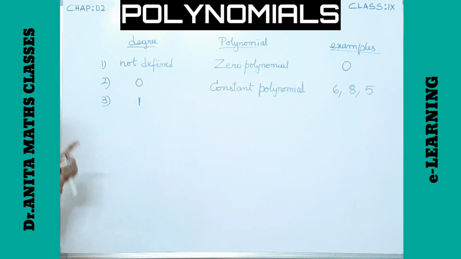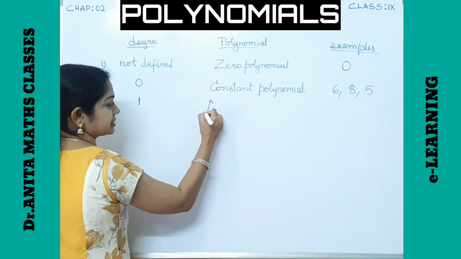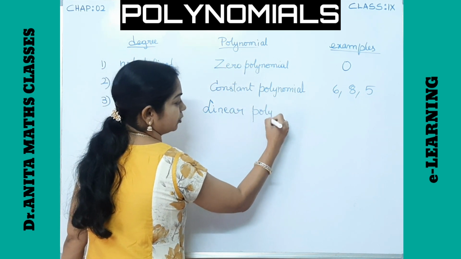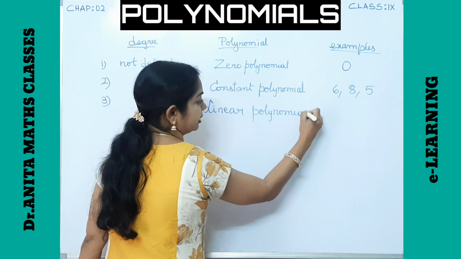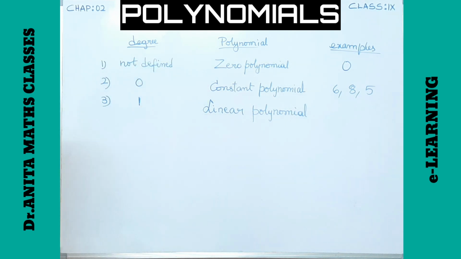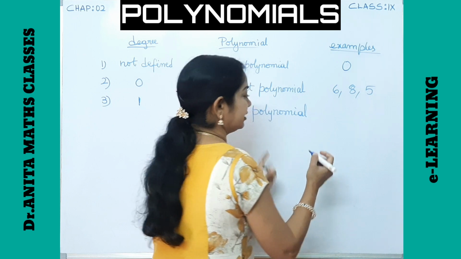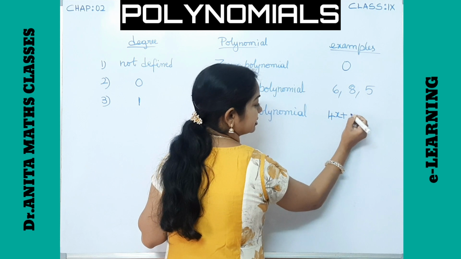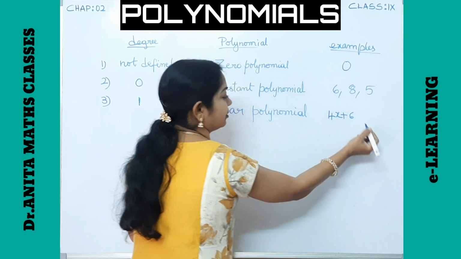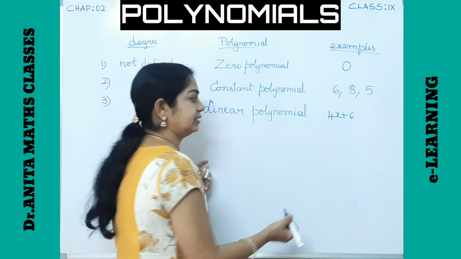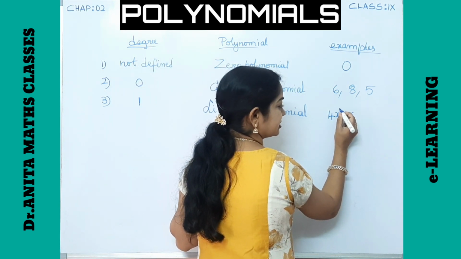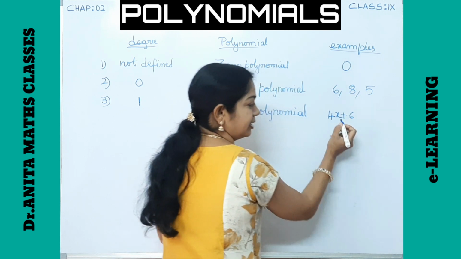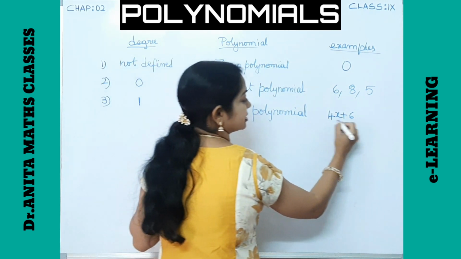1, now what do we call that polynomial? We call it a linear polynomial. Here, linear polynomial means the degree should be 1. So if we take 4x plus 6, I call this a linear polynomial. Let us see the powers of x. The power of variable x is only 1. x to the power of 0 and 1, the highest power is 1. So the degree is 1. So this is called a linear polynomial.